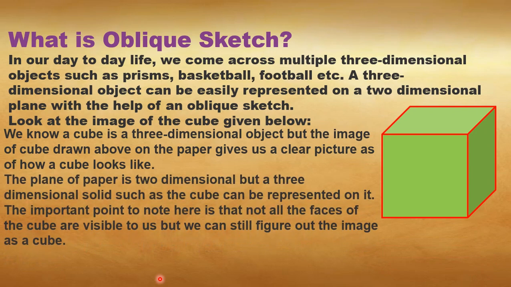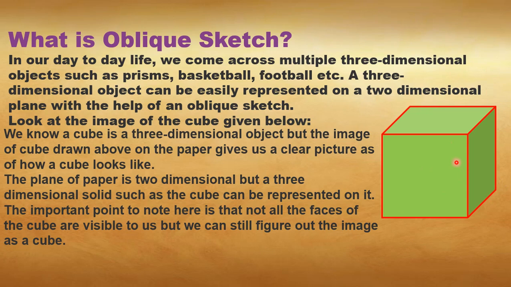The plane of paper is two-dimensional, but a three-dimensional solid can be represented on it. So the important point here is, in this image, not all the faces of the cube are visible. Are you able to see the left side face or the downside face or the back side face? No. So the important point here is, in the oblique sketch,